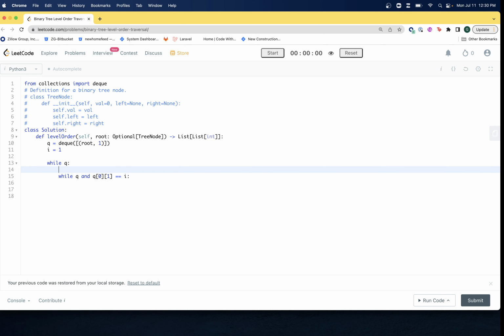So before we run this, we're going to have a level array. This is going to keep track of all the elements in the level. So we're going to add this, and we're going to have a result array at the end, and the result array is also going to be empty to start. So while there's something in the queue, and the first thing in the queue is the same level as the level that we're trying to process,